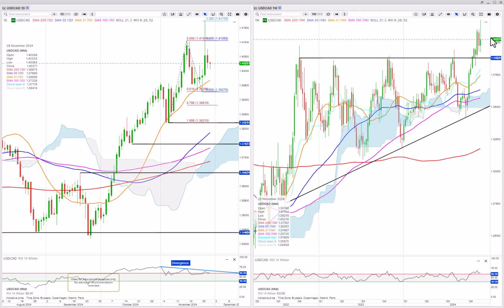And we can see here on the weekly, we are actually in a bullish trend after taking out all these peaks up here, these spikes up. We are in a bullish trend on the medium term. Sterling